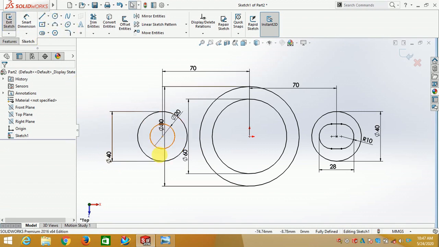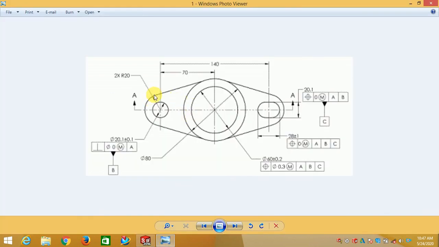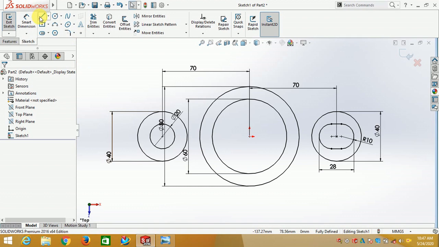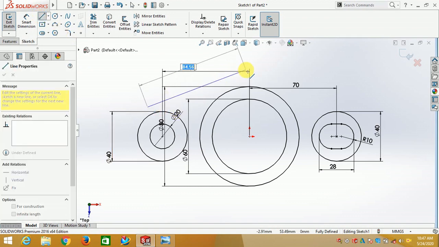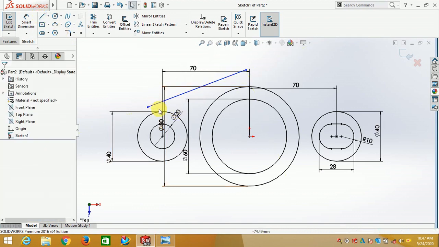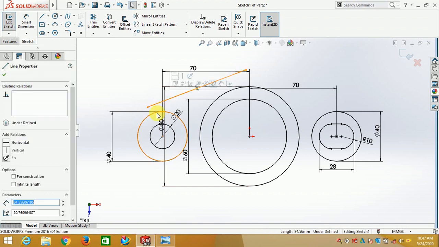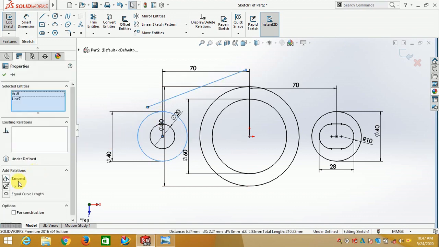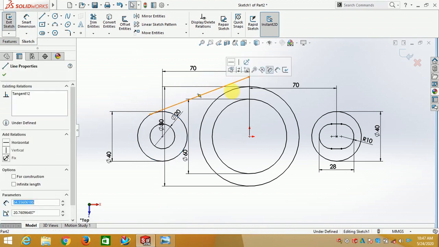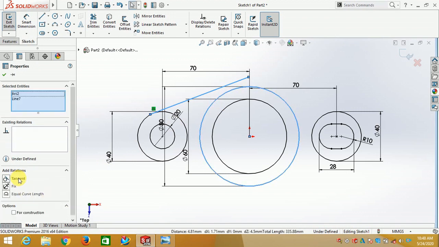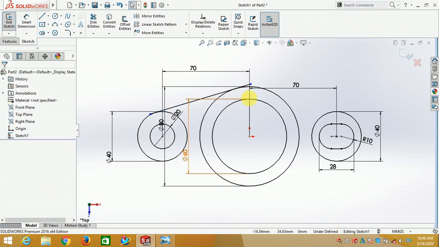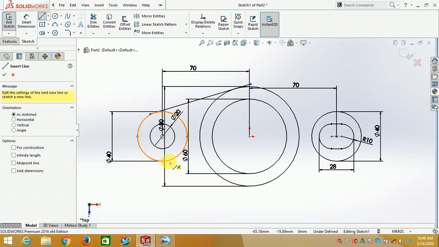Next is this line. The line goes tangentially, so we'll draw the line first, like this, and give the relations. Click on this line, click on this circle, give the tangent relation. Same procedure, this line, this circle, give the tangent relation. This is one basic step you can use, or else you can directly give it.